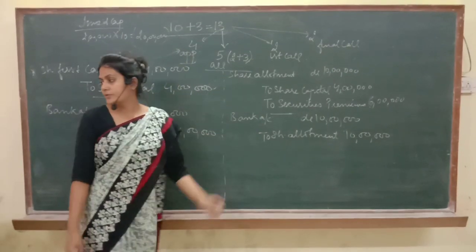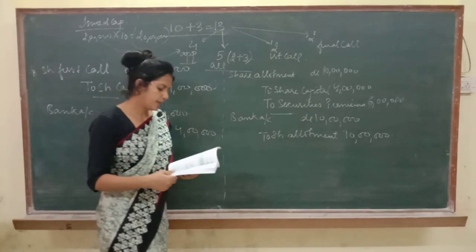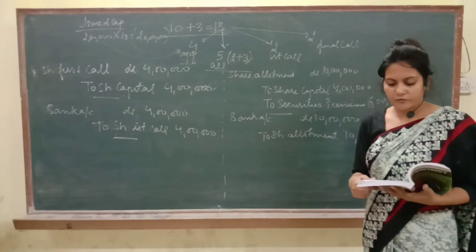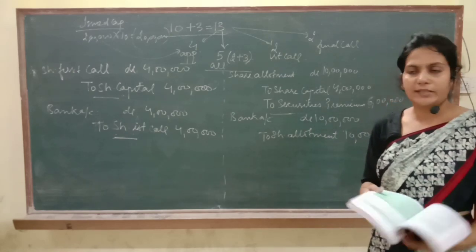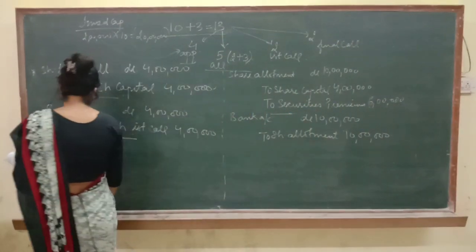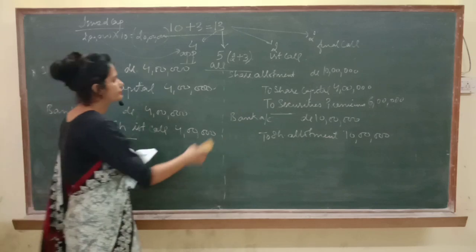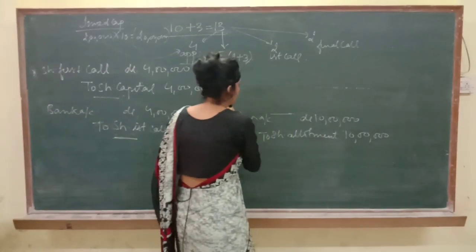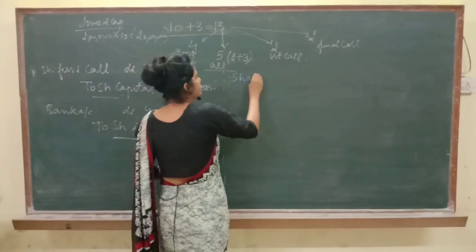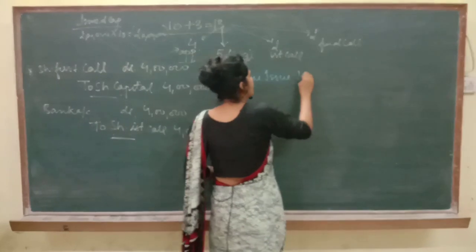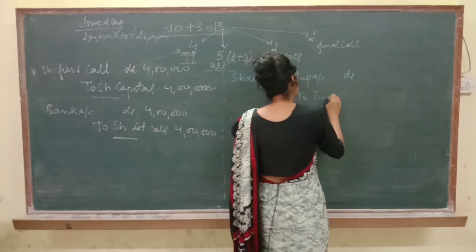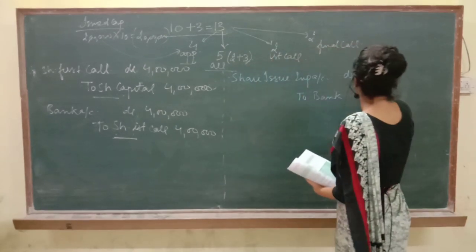Now, one more thing is given in the question. Have a look. It's written that share issue expenses amounted to ₹75,000, which were written off against securities premium. Just like in the previous question, here also we have some share issue expenses. So we have to pass the entry first of all for their payment. What entry are we going to pass? Share issue expenses account debited to bank. How much is the amount? 75,000.